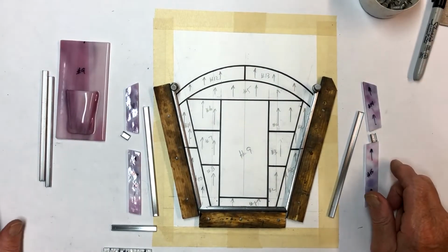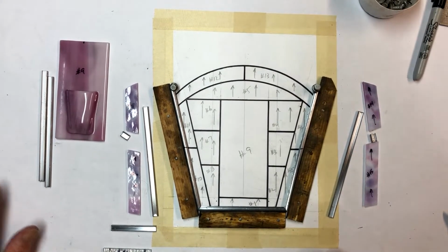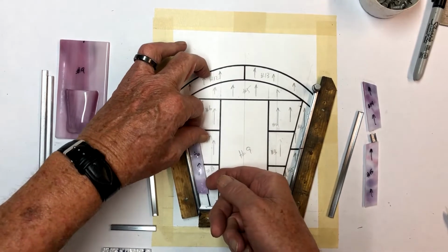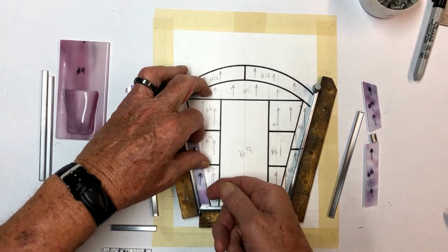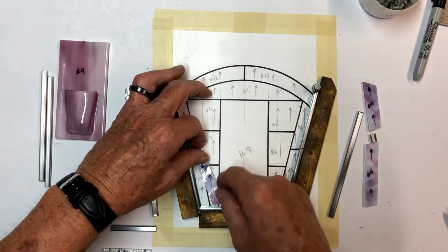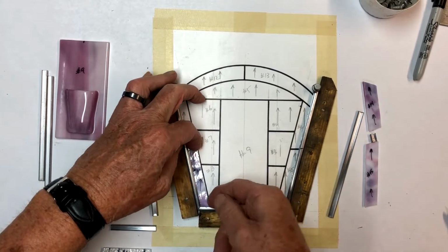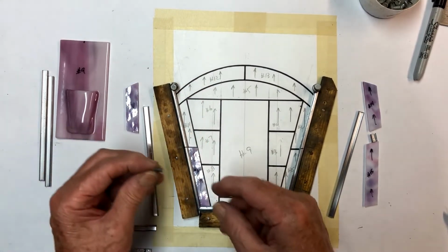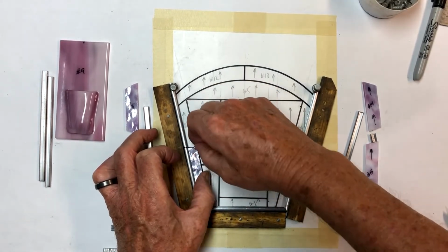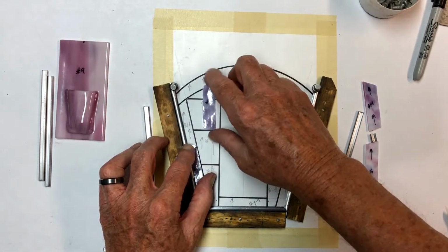Okay, we're back here. We got some pieces cut up now. So here's our two border pieces right here. I'm going to show you how they put those in. So you take your border piece, this is number 10 right here, and you set it inside your U-came here. Be sure you get it pushed down into here. If it's not in there, it'll give you a phony reading, and then you're going to end up cutting it too short. So it goes right here. And then we have a little piece of H-came right here that goes in here. Make sure you got that right side up. This is cut on an angle here, so that fits right there. And then this will fit right here,